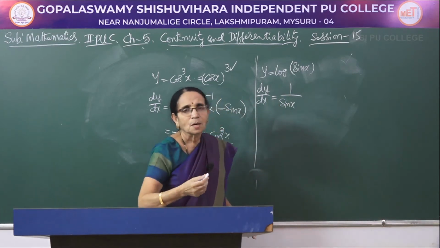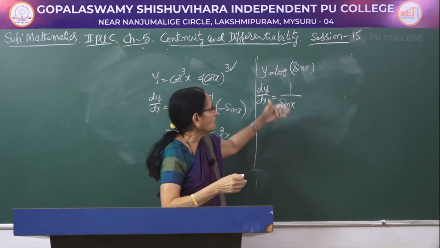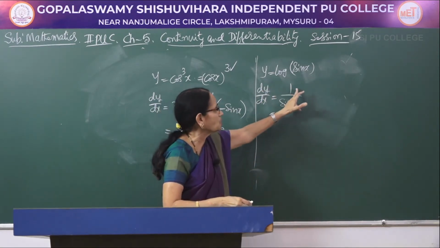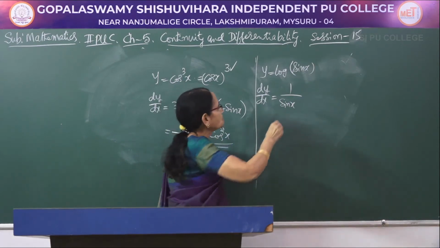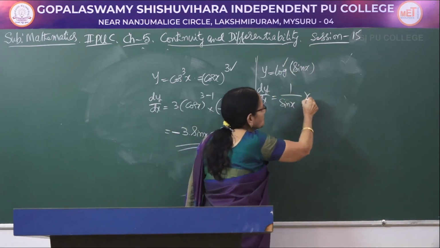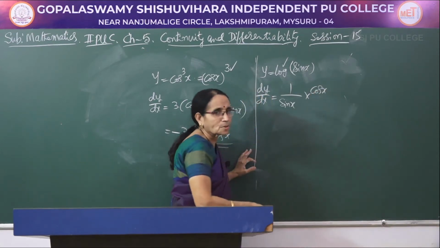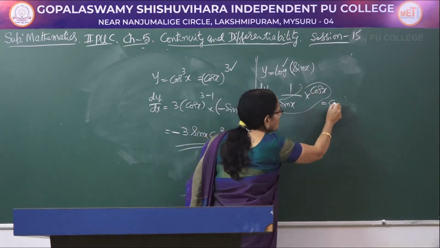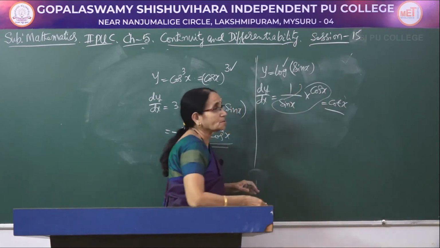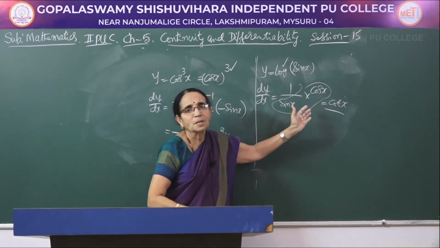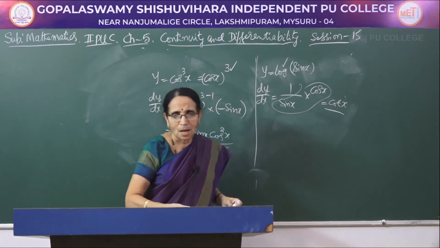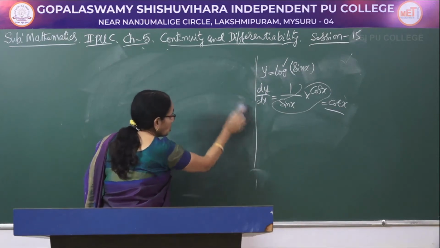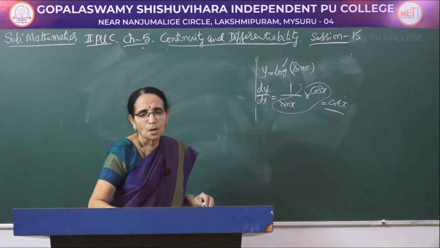It may be log of x square, log of e power x, log of 100 x square, log of tan of x, whatever it may be, log of something would be 1 by that something. So, this logarithmic part is over. Sin x, the derivative is cos x. Because it is a trigonometric function, you can combine cos x by sin x is equal to cot x. Suppose I had cos x there, 1 by cos x into minus sin x, it would become minus tan x. So, depending upon the function and the appropriate rule for that one, you have to find out.